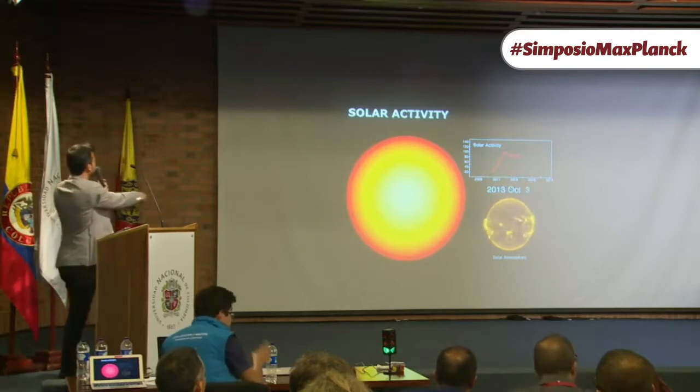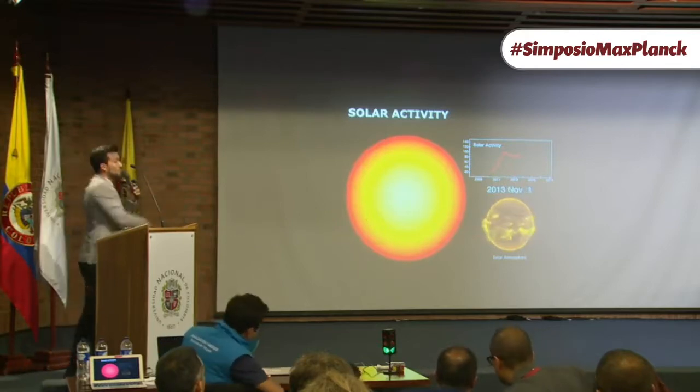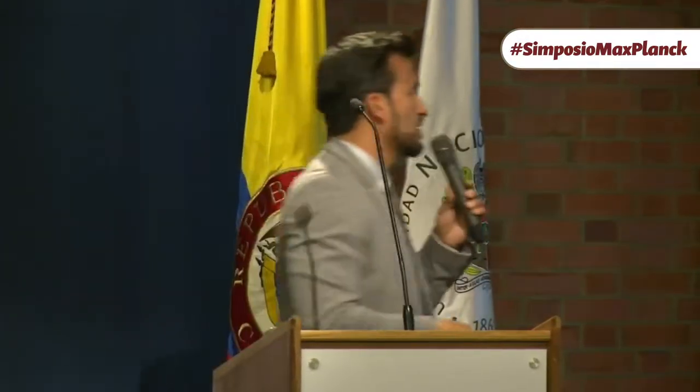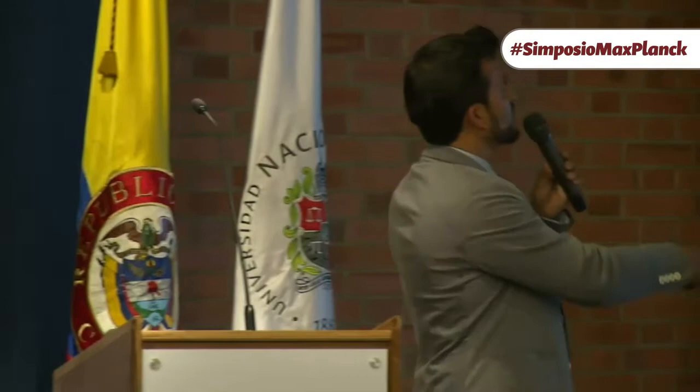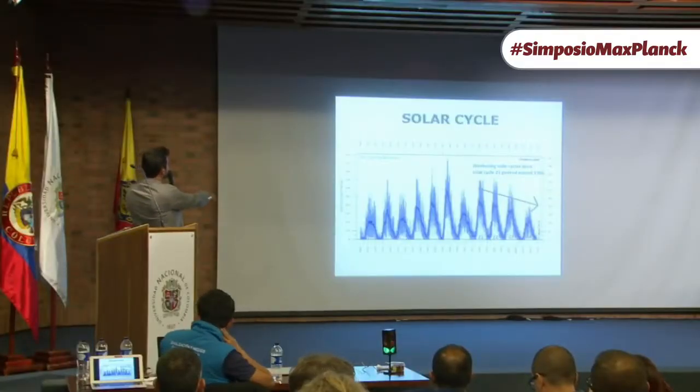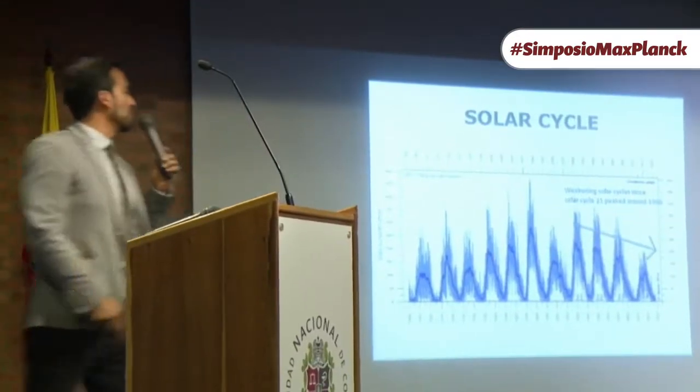And here is the surface of the sun, and this is the upper chromosphere of the sun, and you see how the sunspots are actually very bright in the upper layers. And that means that the solar cycle is showing basically the number of sunspots and how these sunspots appear and disappear on the solar surface.